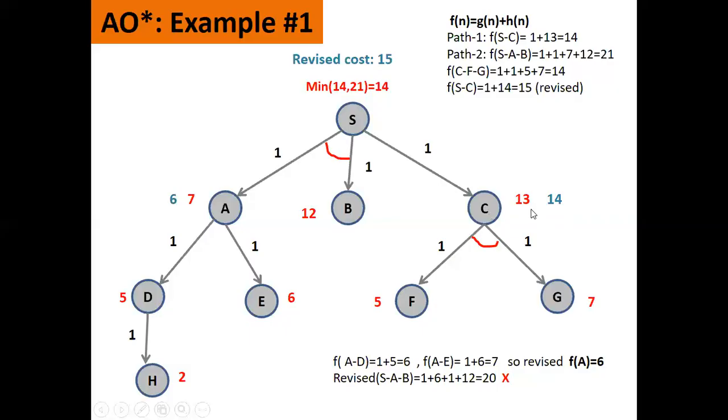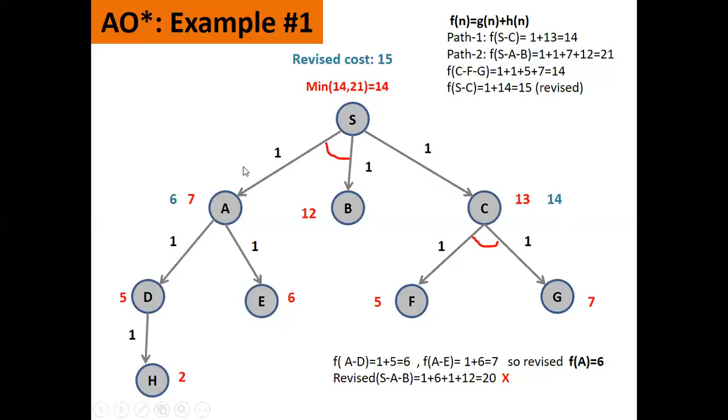Now when I revise the cost of node C, again I'll calculate back the path cost of S, from C to S you can say. From S to C it is 1, and now the heuristic value of C is 14, which was 13 before but is now revised as 14. So what is the total revised cost of S? It will now be 15. Is it clear? Revised cost of S will now be 15, which was 14 previously, if I follow this path. Now let us explore another path, to see if I can get a lesser value for S as compared to this.